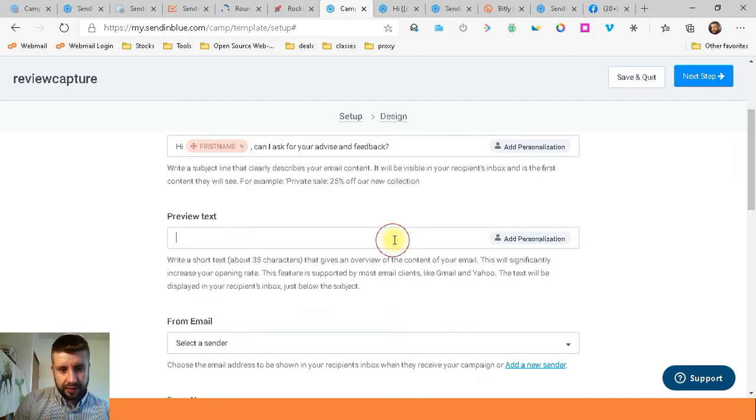The preview text is something you'll notice if you have Gmail, and probably most other email clients. There's a little light gray area that has a little bit of text. You can just say, this will only take